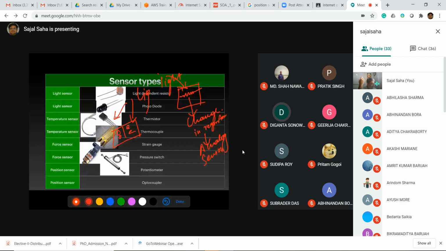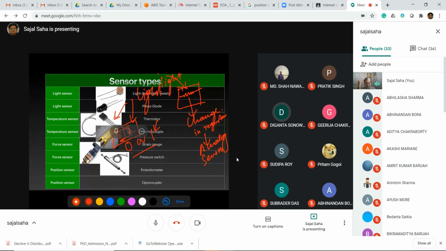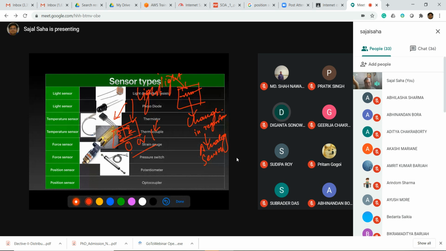Now, in that case, the sensing will start and it will give you the result as 0 or 1. If light falls, it will give you the result 1, and if light does not fall, then it will give you the result 0. So this is the basic difference between a light dependent resistor and a photodiode. One is an analog sensor, but as this one is giving me the digital answer, in the form of 0 and 1, it's a digital sensor. Okay.